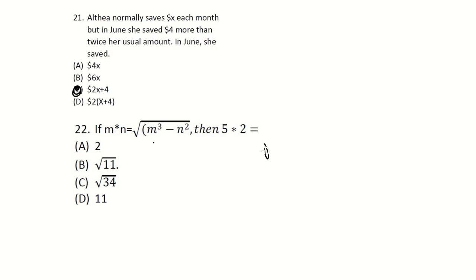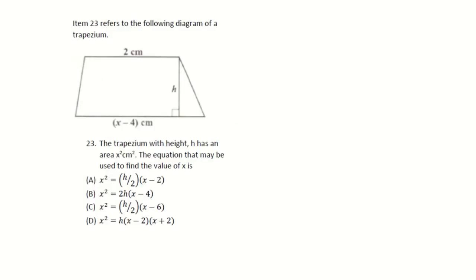Yeah, square root of 5 cubed minus 2 squared is equal to 125 minus 4, which is the square root of 121, which is equal to 11. So D is the answer. We got something similar, but I think they added a different one, so it had a variation of this question, right? This question here,